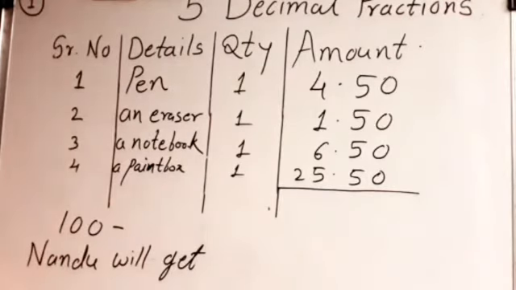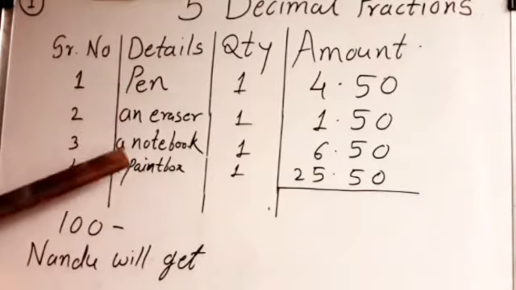Before we start decimal fractions, let me revise some things. In your textbook, page number 29, one example is given. See, I am reading that example, page number 29. Nandu went to a shop to buy a pen, notebook, eraser and paint box. The shopkeeper told him the prices. A pen. Now see here, Nandu went to buy some things in the shop. So there he brought one pen. So see here, we have to prepare his bill.